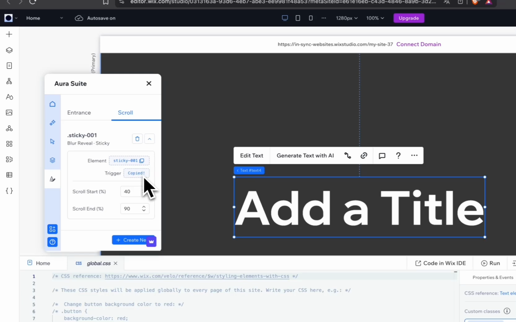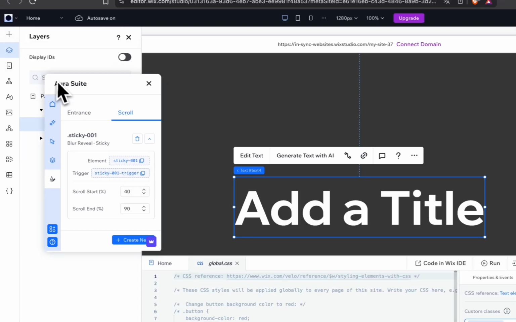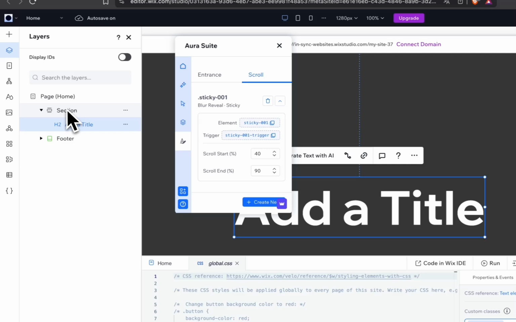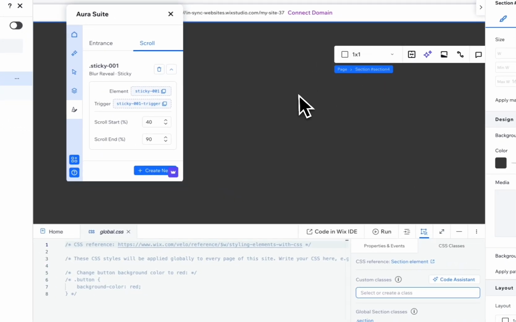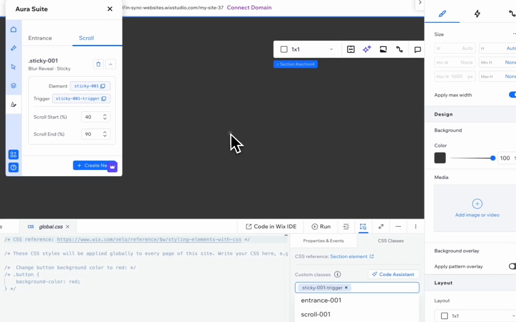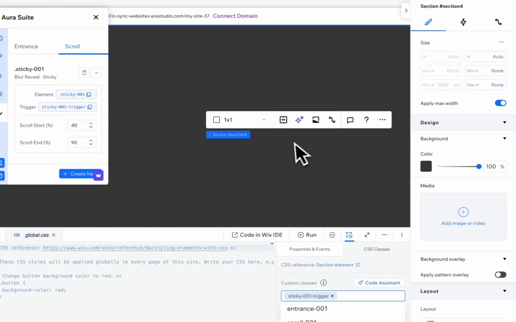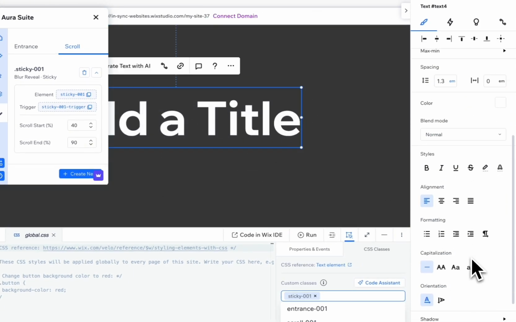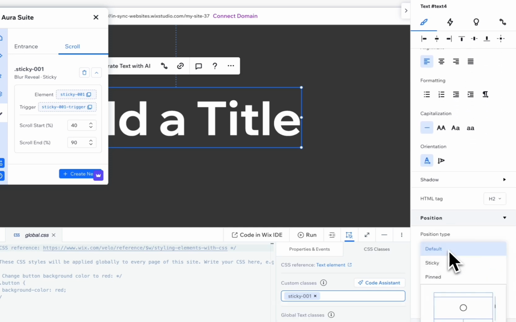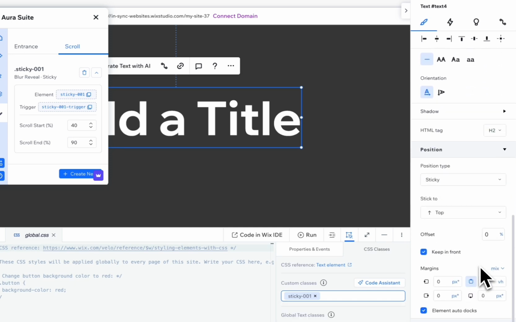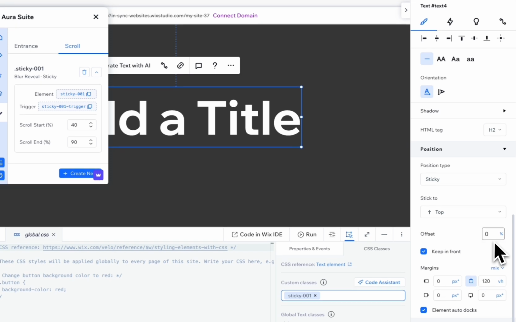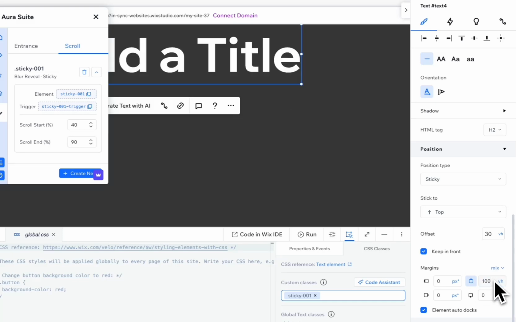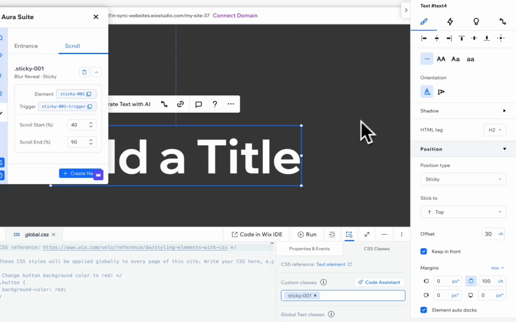The triggered element will be put on a scroll trigger. In this case, we can just use the section itself, but you can also use a line, a container, or whatever, basically the element which is triggering the scroll. So let's not forget to use position sticky on the element again. Let's do 30 pivot offset and margin to 100. Okay, now we publish again